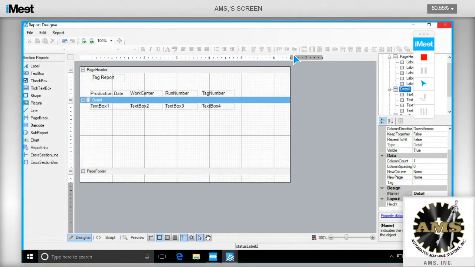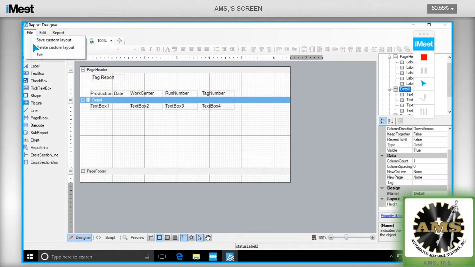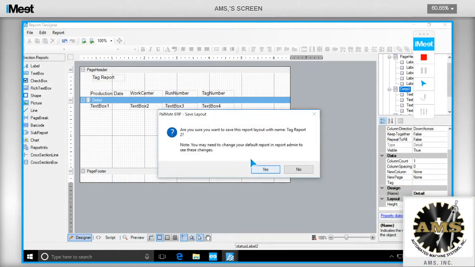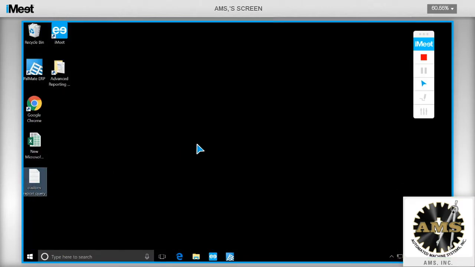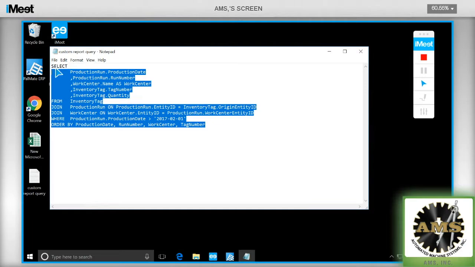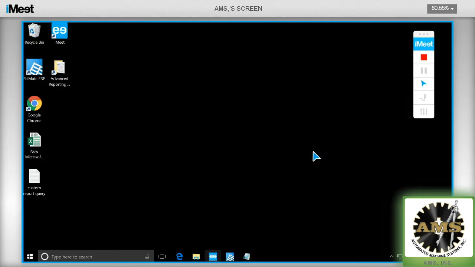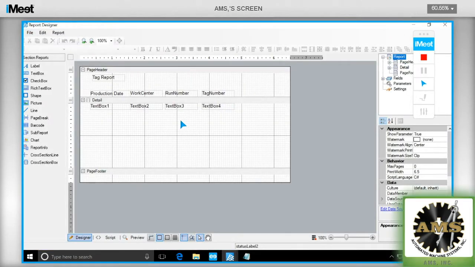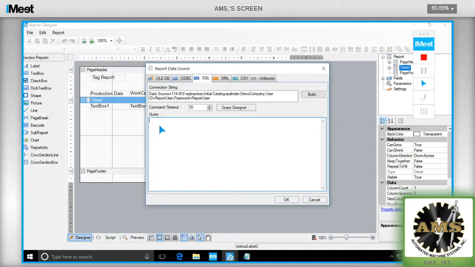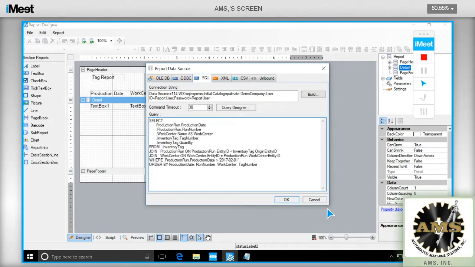let me save this. It's on my desktop here. Custom report query. All it is is just a query that I'm going to copy and paste. So let's just say this was given to you by your SQL person. You can pop into here, edit this, and then go into my SQL, paste it,